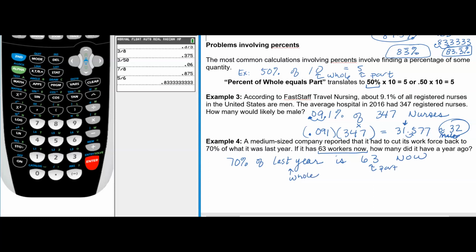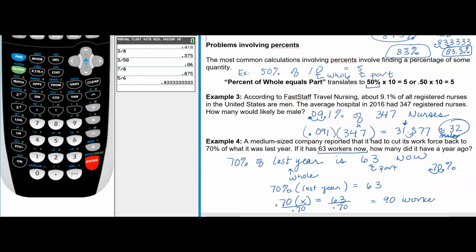Okay. So let's write this out in an equation. So we're going to say 70% of last year equals 63. Okay, even better, I'm going to write 0.70 as a decimal, because 70% as a decimal, we move that decimal 2 spots to the left. So 0.7 times last year, let's just call that x, is equal to 63, and then we're going to solve. And the way we solve is we always do the opposite of what's being done. So if x is being multiplied by 0.70, you're going to divide both sides by 0.70, and you end up getting